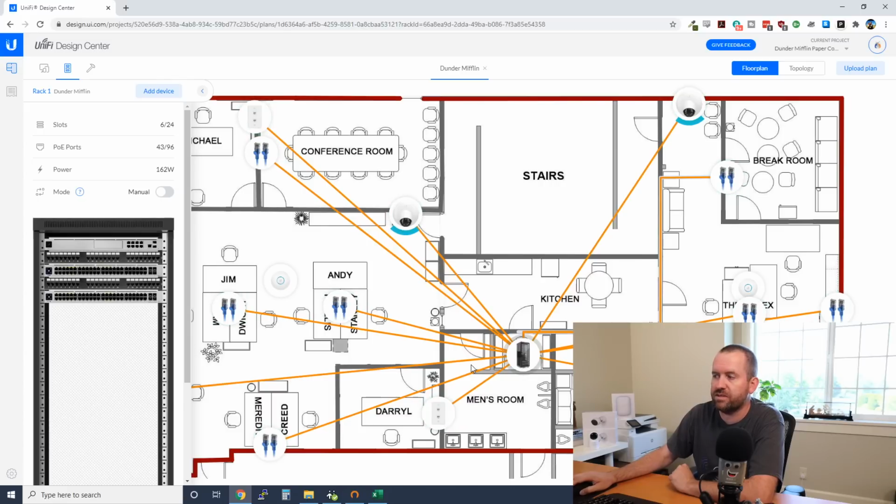After I did this whole design, we came up with essentially 43 ports, right? So basically 43 Ethernet ports throughout this office. So if I turn this on manual, it's only going to give me one 48 port switch because it's less than 48 ports total. However, when I design a system like this personally, I like to add a layer of